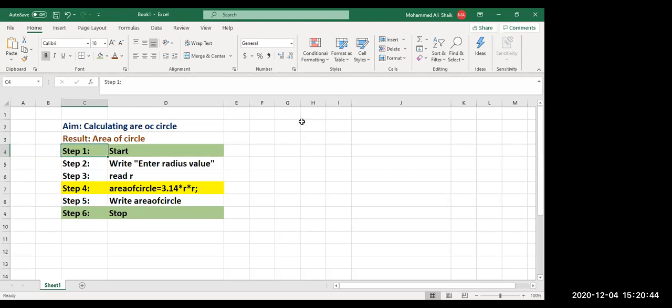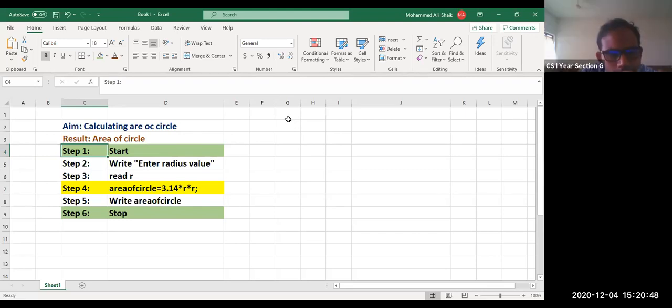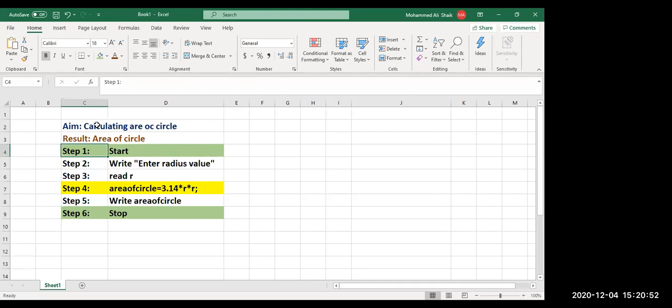Sir, in your aim, you made a spelling mistake. Oh, sorry. Good. Thank you. Sir, where should we execute this? Wait. Next week we are going to execute, not this week.